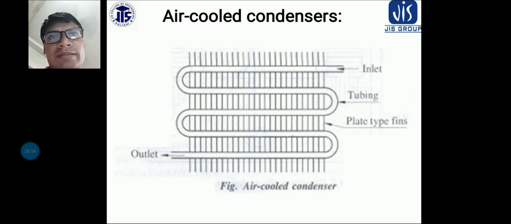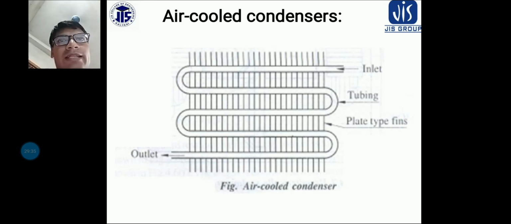The heat rejection factor is also something you need to know. What do you mean by heat rejection factor? The heat rejection factor of the condenser per ton of refrigeration is a function of the evaporator and condenser temperature. The condenser has to reject the heat absorbed at the evaporator, RE, and also the heat of compression added to the system by the compressor. Thus the load of the condenser QC is given as QC is equal to refrigeration effect plus work done.